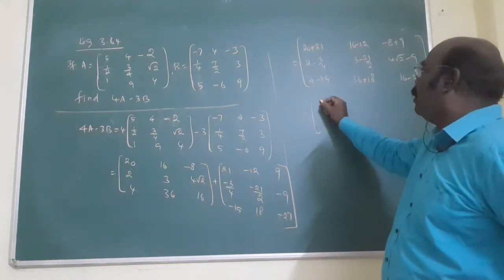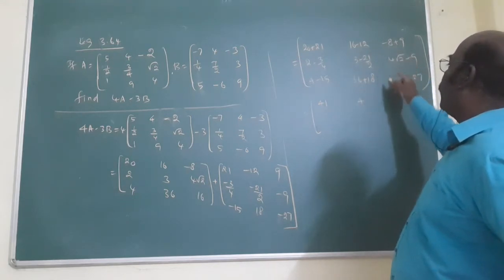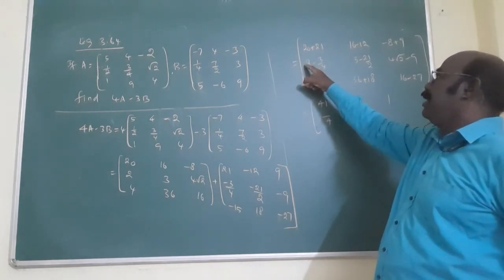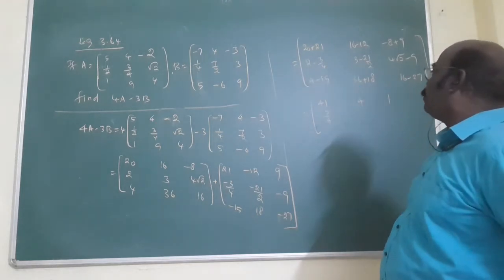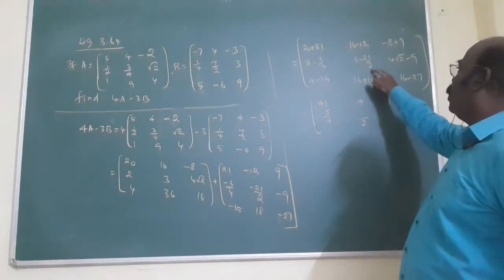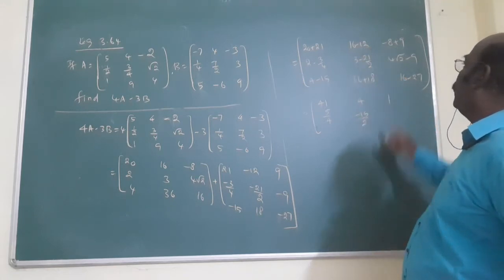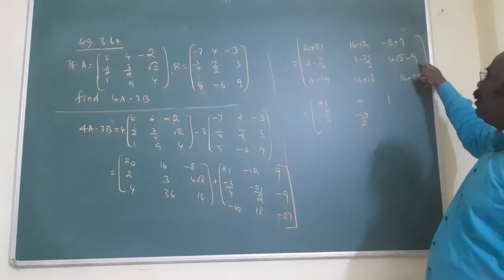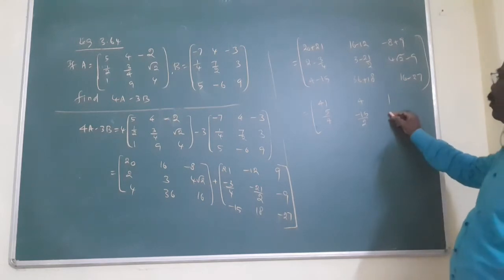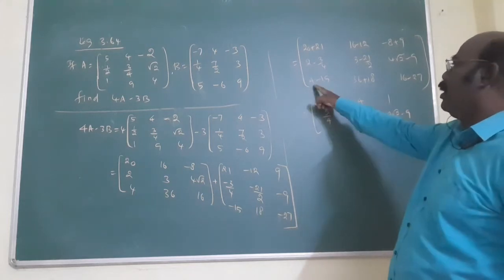Here 20 plus 21 is 41. 16 minus 12, that is 4. Here 9 minus 8, that is 1. Here 4 is the LCM: 8 minus 3, 5 by 4. Take LCM, that's 8 by 4. The 2 is the LCM: 2 threes are 6, 6 minus 21, minus 15 by 2. Here this is a root number. These two numbers are not like numbers, that's why subtraction is not possible. Therefore, your answer is 4 root 2 minus 9. Last one here, minus 12.